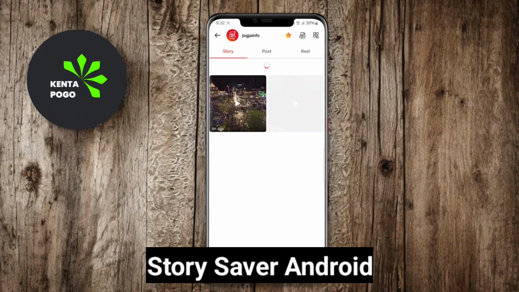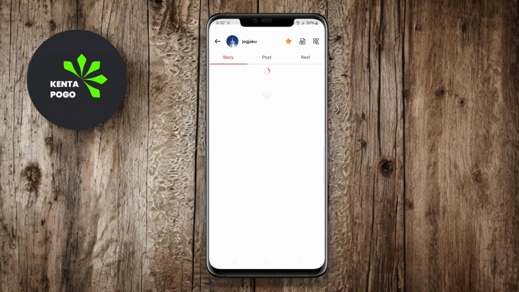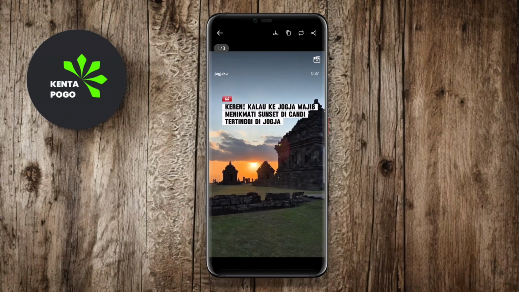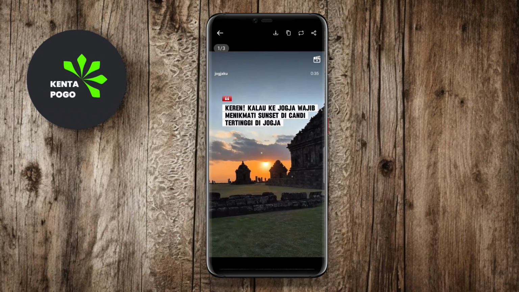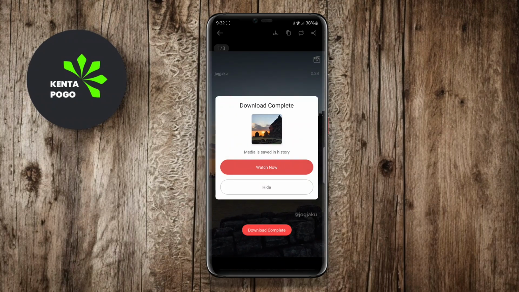Story Saver Android. Story Saver Android is a comprehensive app designed for downloading stories from various social media platforms, including Instagram. Users can easily save stories, highlights, and posts by entering the desired username. The app provides options to download images and videos in high quality, and allows users to view saved stories within